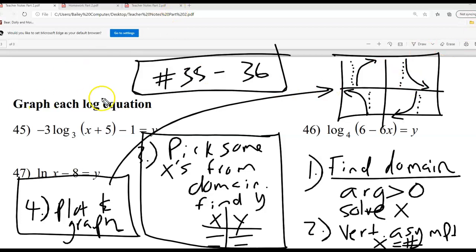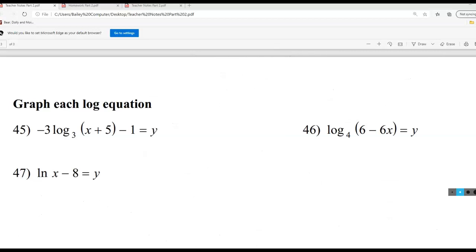So I'll review the steps one more time, then we'll start doing some problems here. So step 1, find the domain, set the argument greater than 0 and solve for x. That tells you where your vertical asymptote is going to be, that little dotted line. And then we're going to pick some x's out of the domain. So like if x has to be greater than 2, I'm going to pick some numbers greater than 2. I'm going to plug them into my equation. I'm going to solve for y. After that, we're going to just plot our dots, and our graph will look like one of these 4 things. Done. So I am going to delete these steps at this point, so if you need to take a picture, go ahead. But let's go ahead and